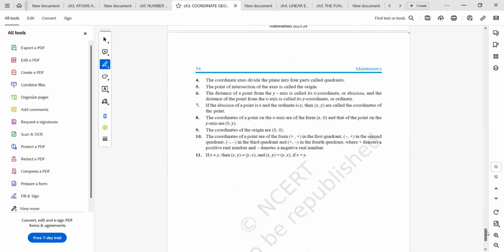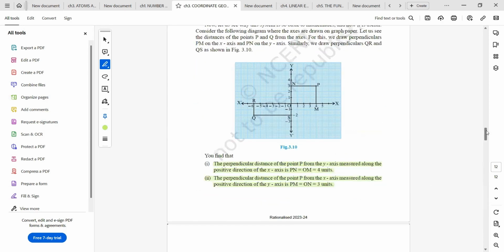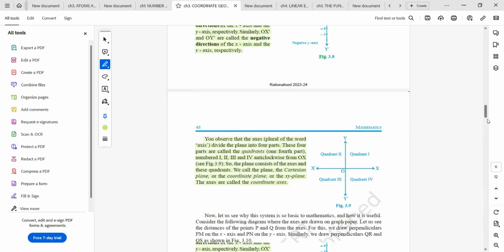Okay, so that finishes the chapter. Any doubt in this? Because this is very simple. Any doubt in this? No, ma'am. So next